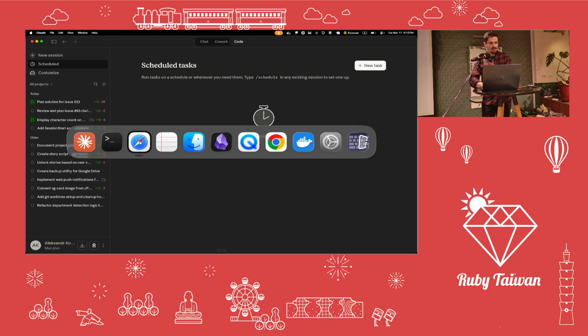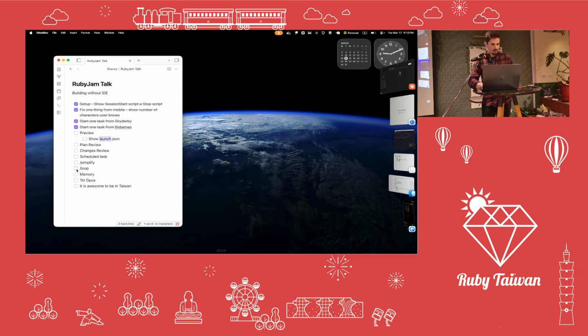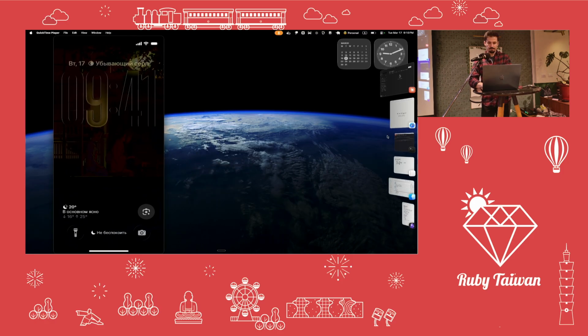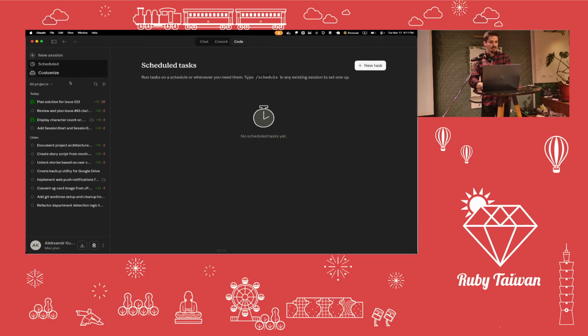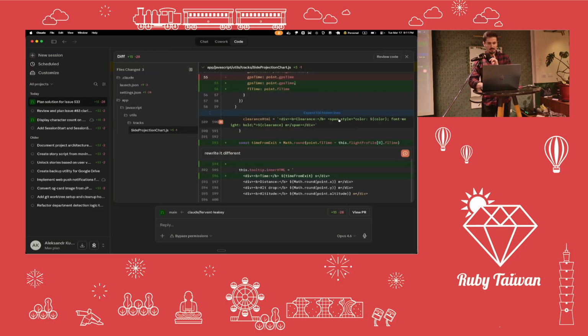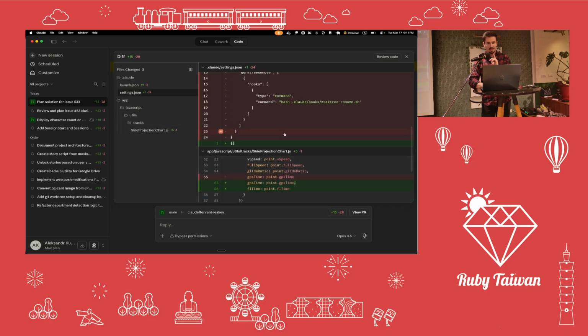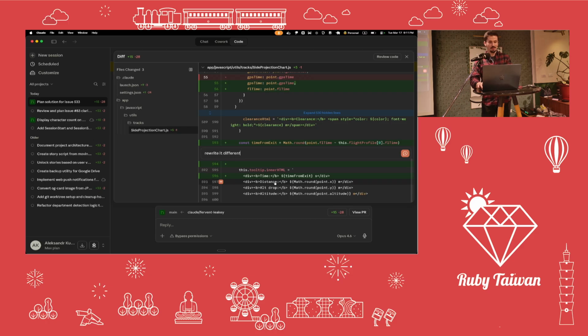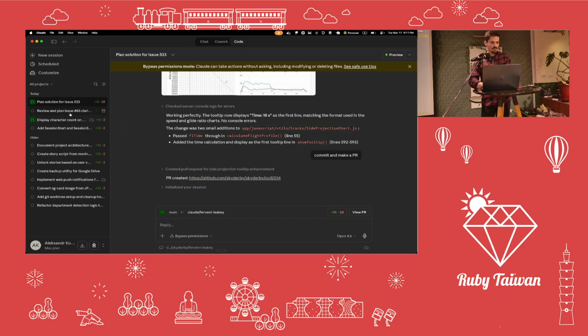The other thing that they did recently, where was this, Obsidian? Oh, yeah, it's here. So we looked at scheduled task, we looked at changes review, we looked at loop. Oh, I forgot about simplify, but I didn't actually need it today. The other thing that is super useful is when you make something bigger than that, because this was a super small change. But if you do something bigger than that,